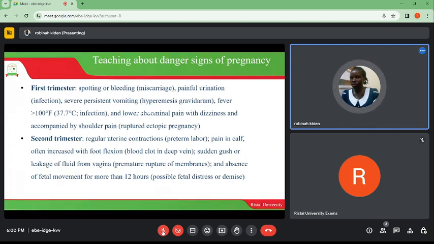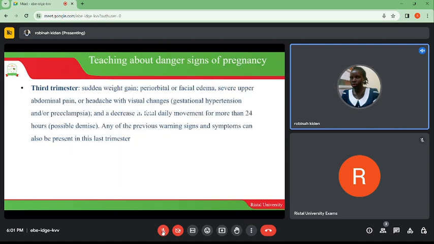So all these, if observed within the first trimester, make sure that you rush the mother for help, because she is in danger and the fetus is also in danger. Then also in the second trimester, if you observe those, please run for help. It is not safe. Then in the third trimester, there is sudden weight gain,